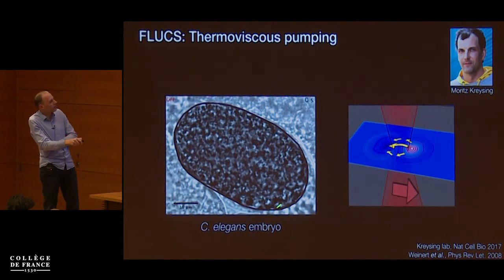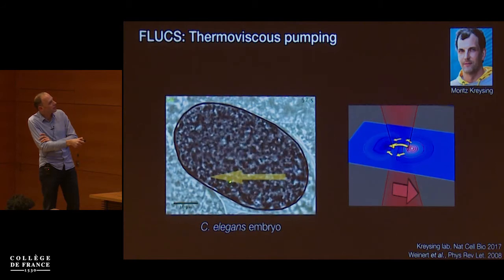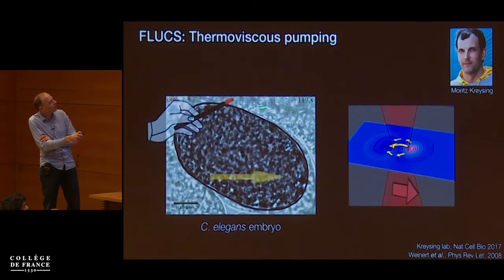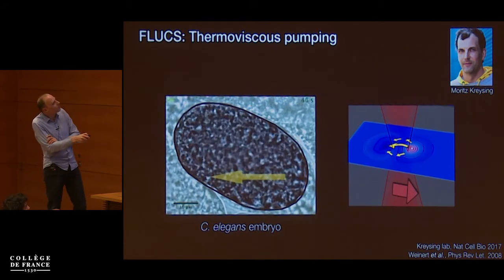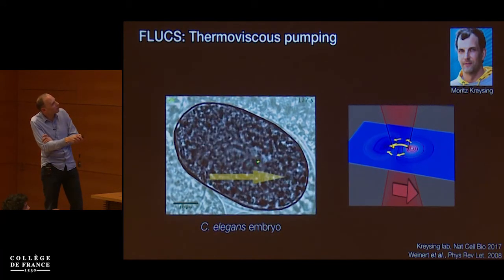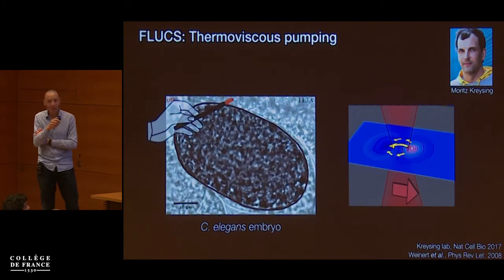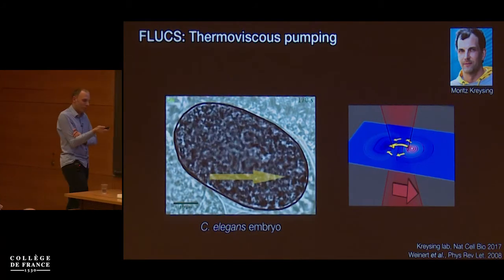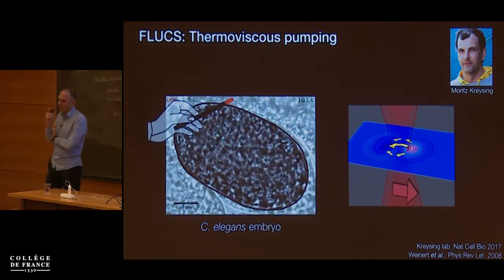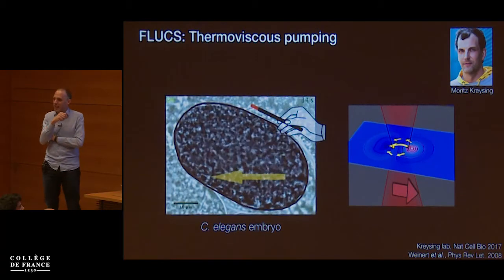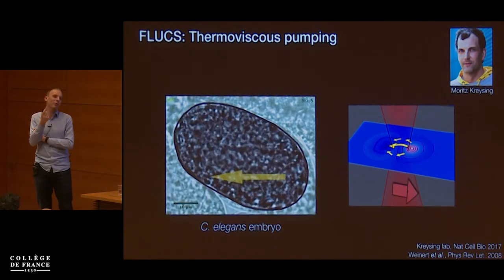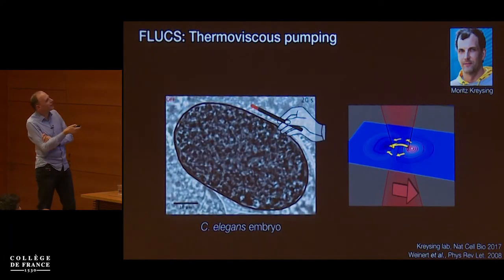And this is quite remarkable. This is a C. elegans embryo. Now we're looking at the middle of a C. elegans embryo, and you can see these flows as if by magic. Okay, this is a slide from Moritz with some magical wand driving flows inside. So you see dramatic flows, only sped up 10 times, that are driven by thermoviscous pumping. So we thought, with this technique, can we now bias the outcome? Can we, for example, pump cells empty? And if we do so, are they more likely to die? Okay, so that's what we set out to do.